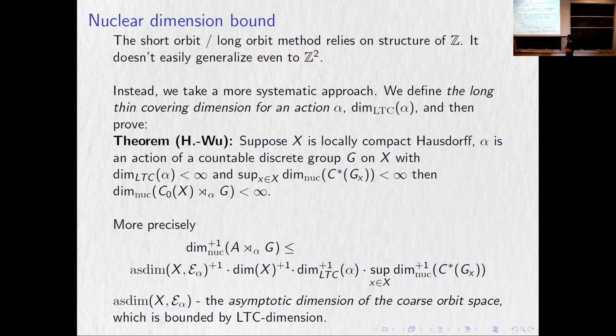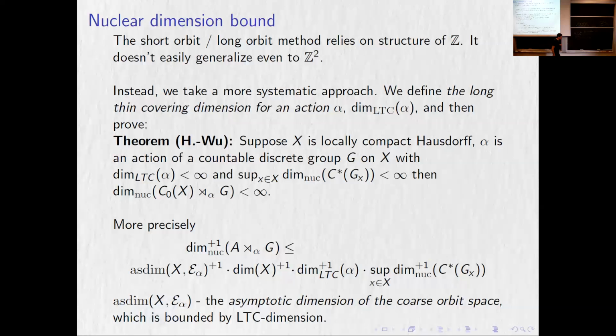If we have an action on some locally compact Hausdorff space, and we know that this long thin cover dimension, what we call dim LTC, is finite, and now we also have to take into account, I'm not talking about free actions, so we have G_x as a stabilizer, and various points might have stabilizers. We somehow have to assume that the group C-star algebras of the stabilizers have finite nuclear dimension, in a way which is uniformly bounded, because otherwise,